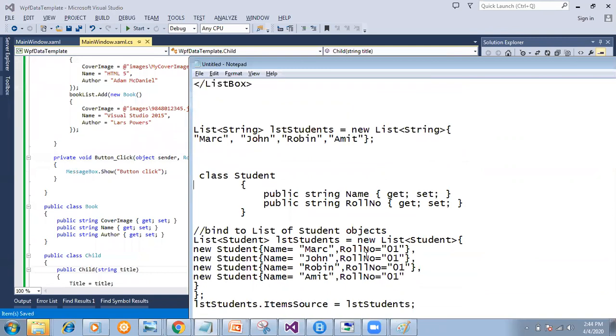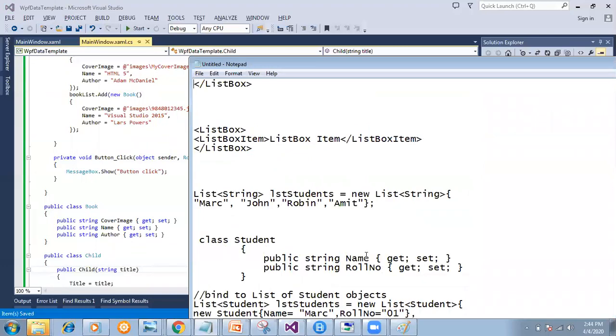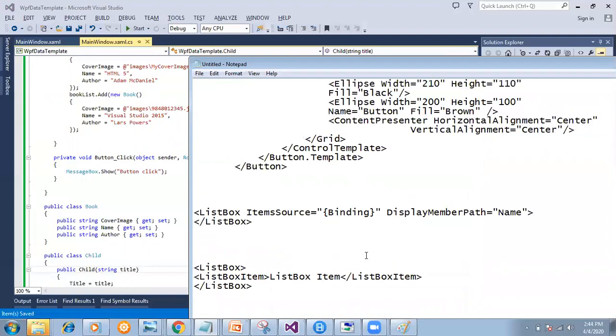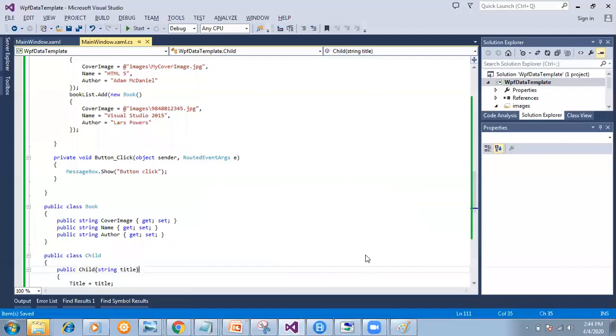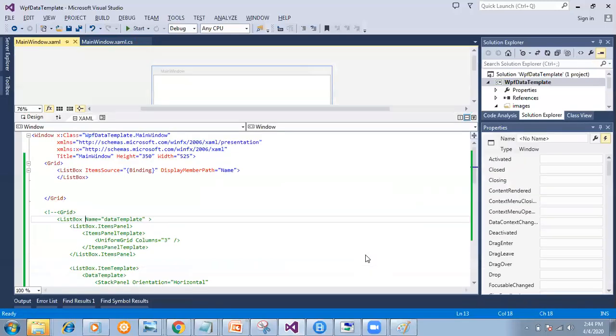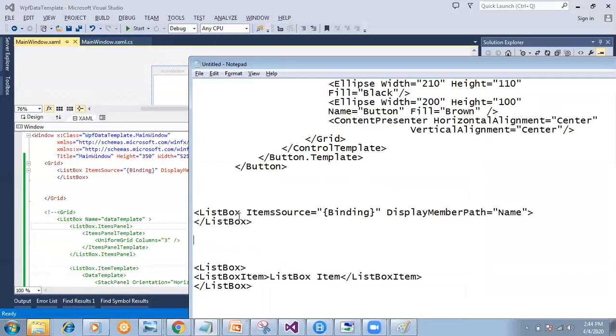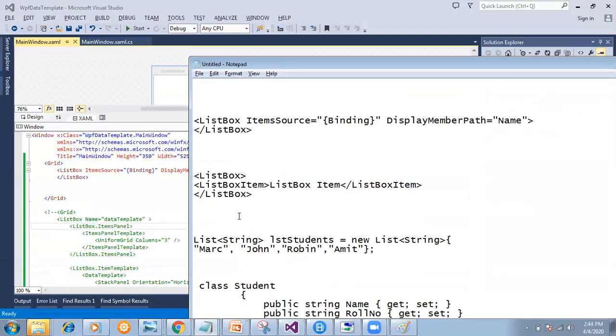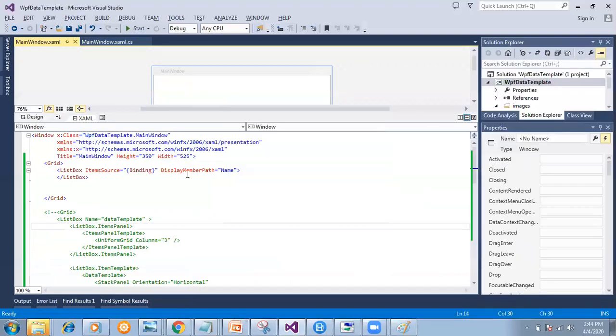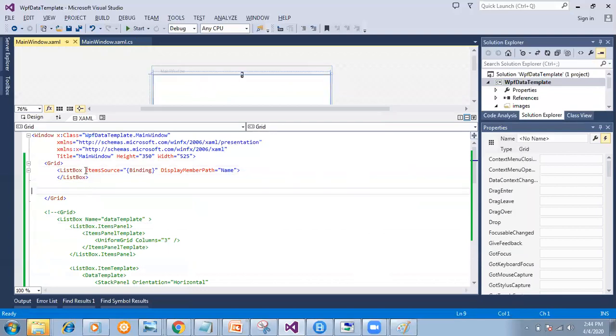So let's discuss first the problem, then we are going to discuss about it. So now this is my list box. I want to bind this list box. So how to bind this list box? We're going to see that one. So wait 1 second. Let me explain it. So the idea is this is my list box. So how to bind this list box in, for example,